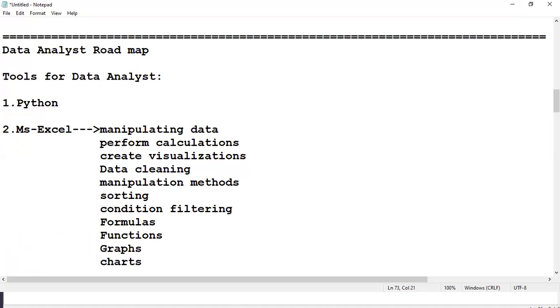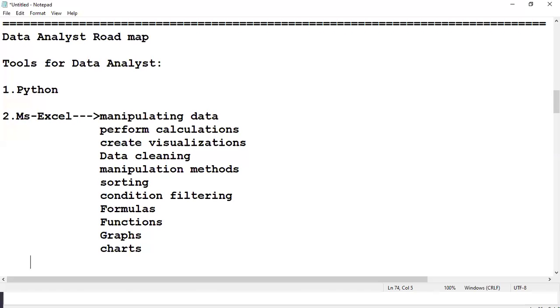A lot of things you can do. So it's learning Excel for advanced analysis, even pivot tables and charts, data analysis, statistical analysis and interactive dashboards.